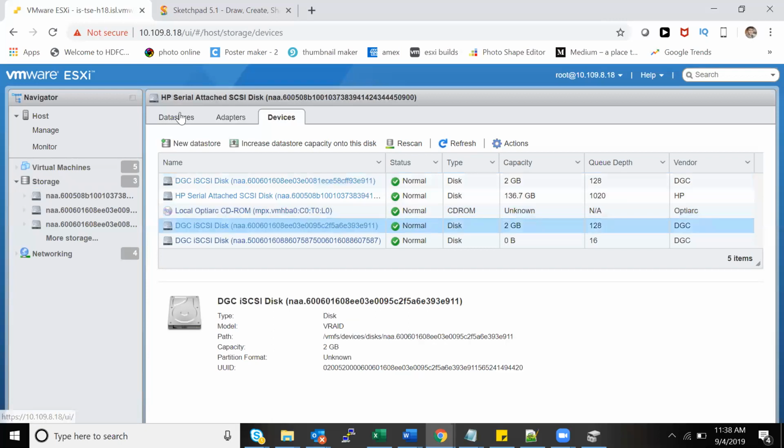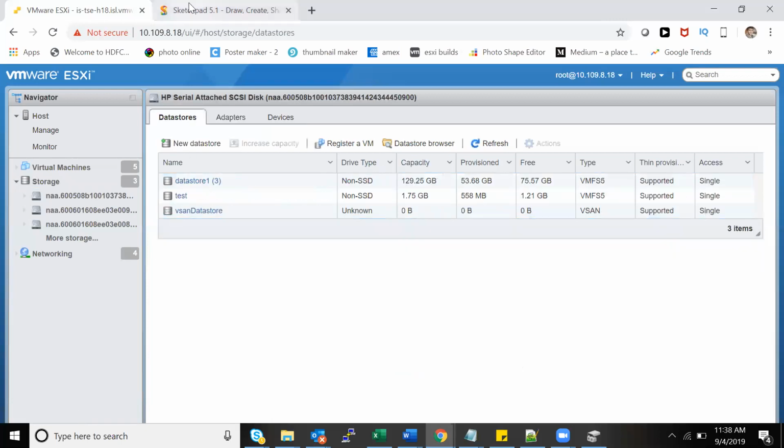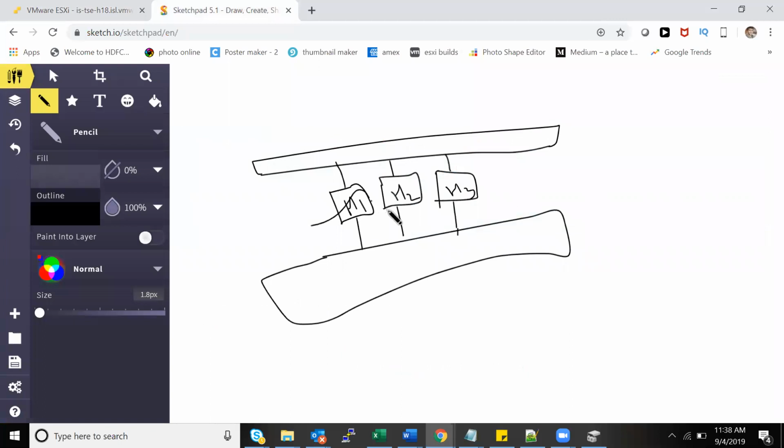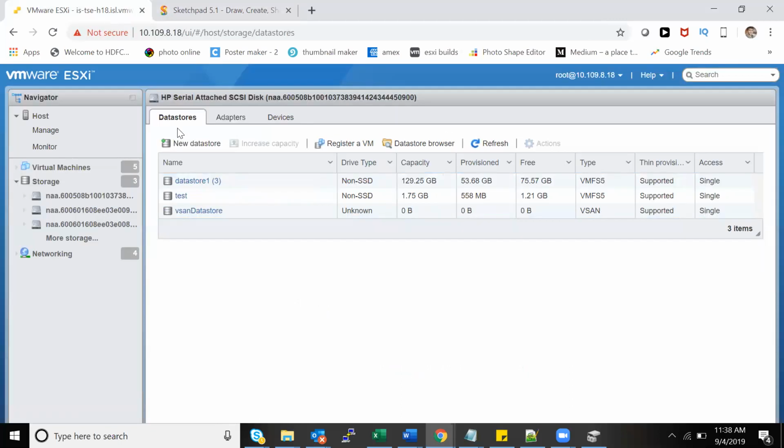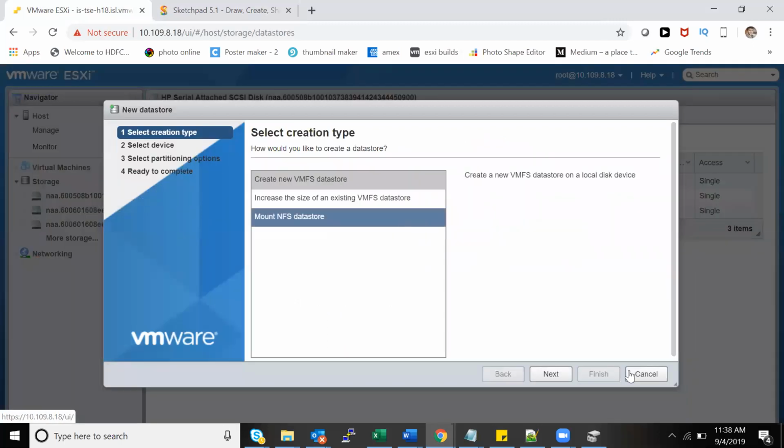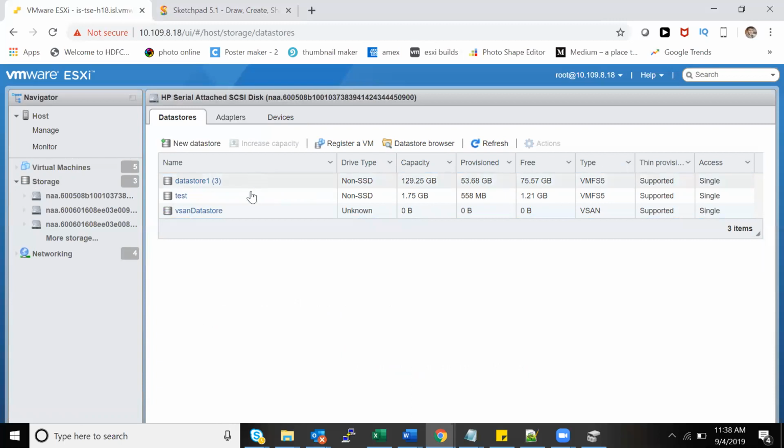If it's visible here and it's not visible here, and the other two hosts picked it up, host 1 and host 2 picked it up, host 3 is not showing the data store no matter what. That means the problem is with me, so I have to troubleshoot from the VMware side then. Exactly, that's what I was saying.